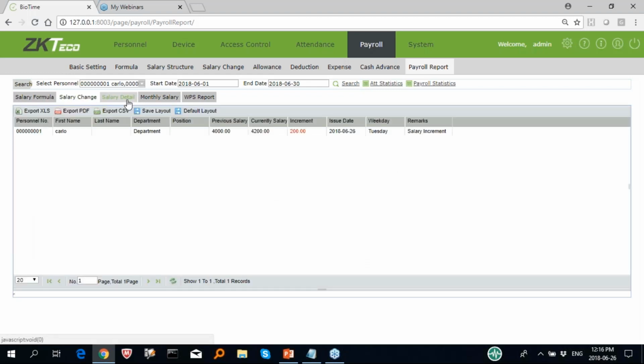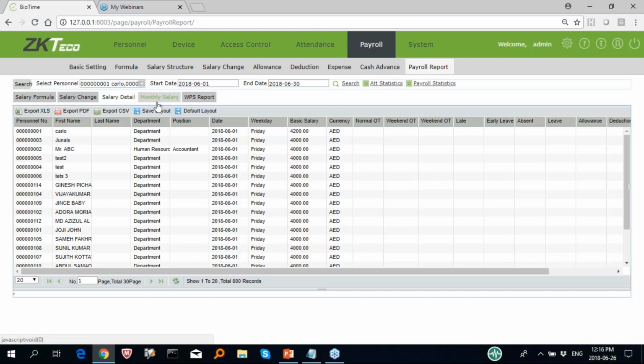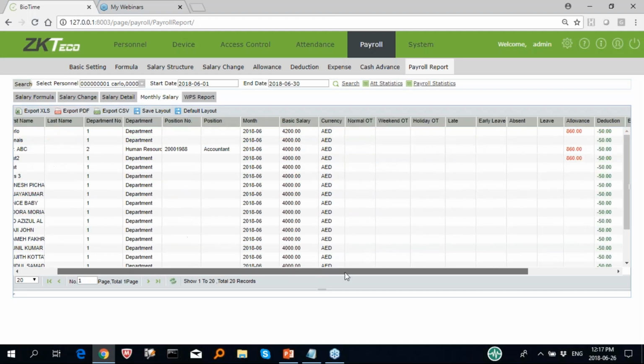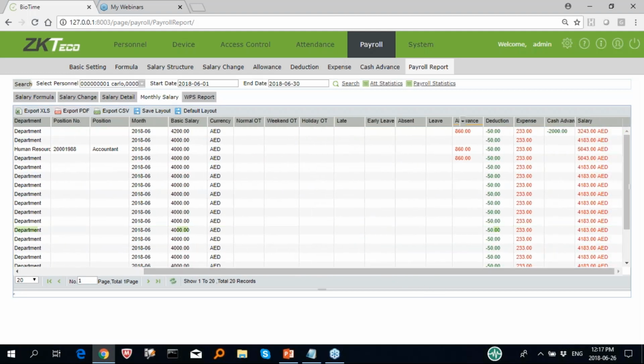You can take a printout and just submit to the company manager or the CEO. So this is the final report that we have, the monthly salary. Here it will be defining the names, details, and the salary, the basic salary, and the allowance, deductions, and all these things. Like for example, you can see here,